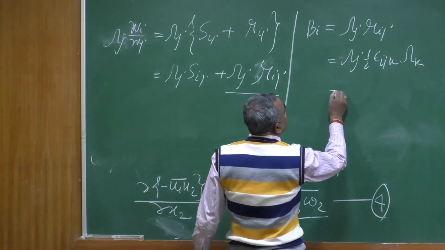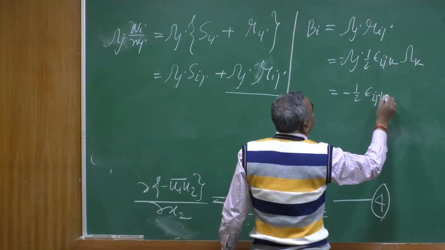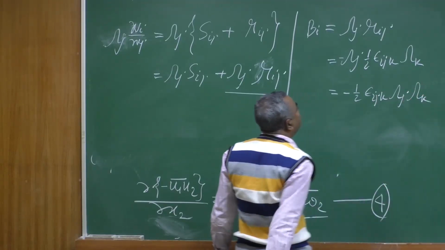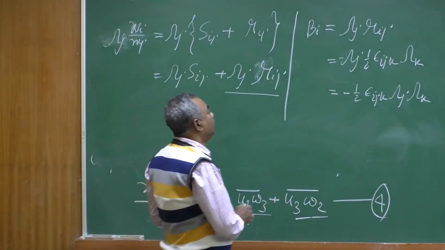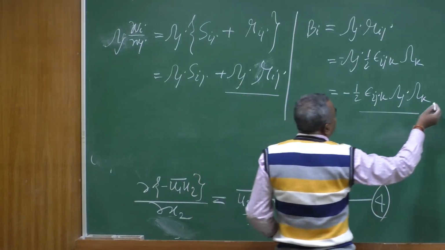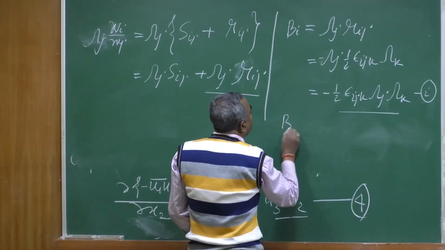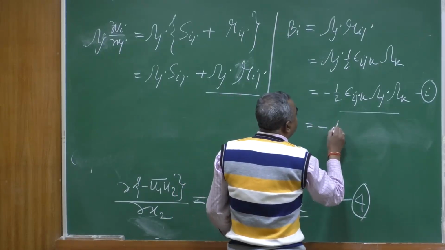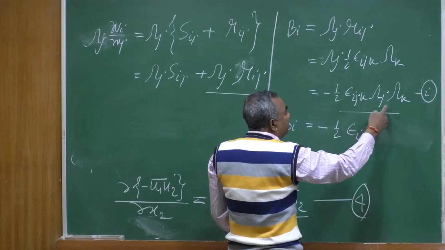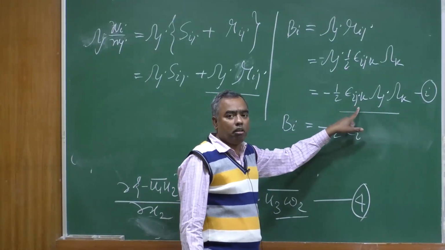So B I is equal to half epsilon I j k omega j omega k, right. This is one equation for B I, and B I can also be written as, I just wanted to exchange j and k, because both these are dummy indices, minus epsilon